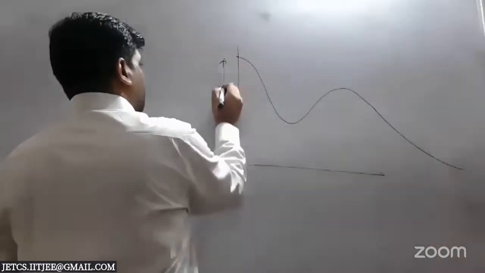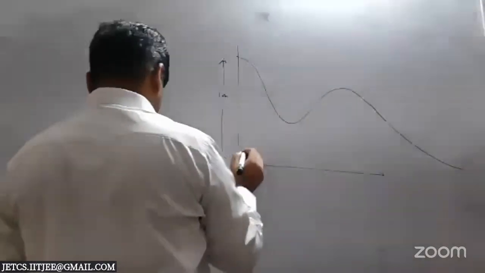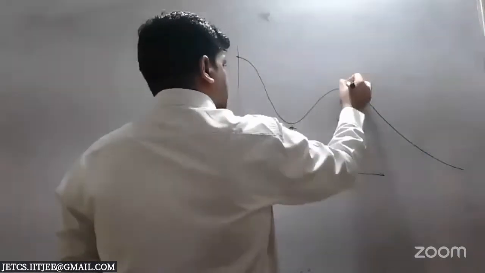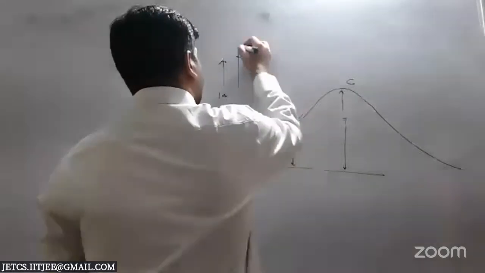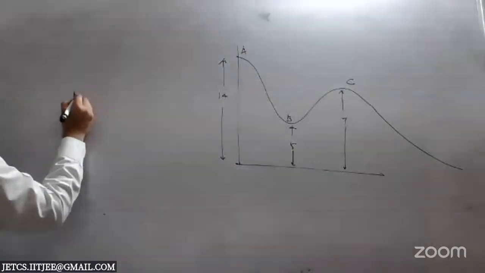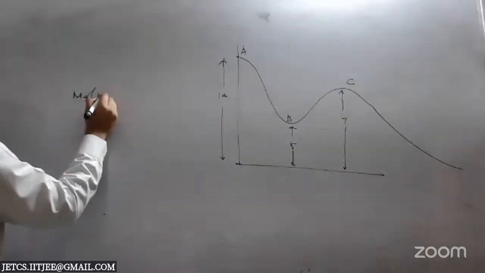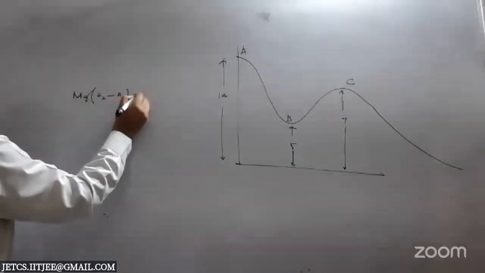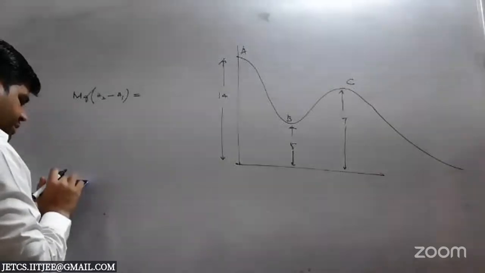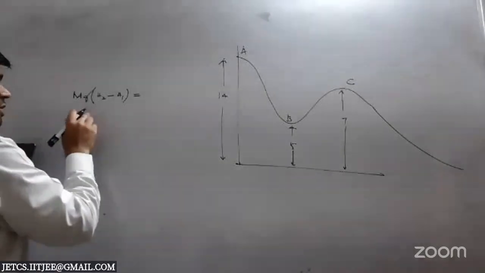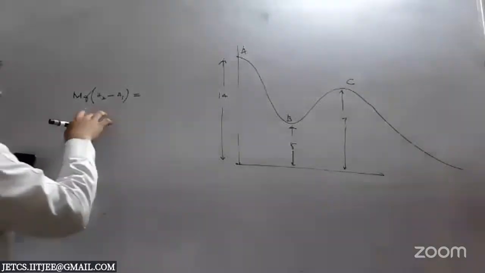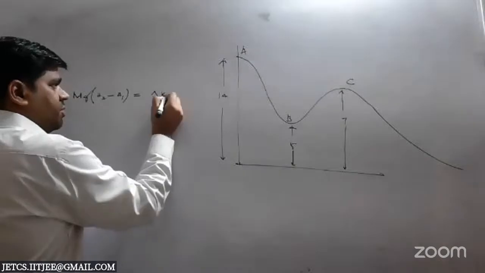This is 14, this is 5, this is 7. This is C, this is B, this is A. So I'll have mg into h2 minus h1. Released from rest, so initial kinetic energy is 0. There are two approaches to it. Work done by mg, mg into h2 minus h1, is delta KE, which is equal to